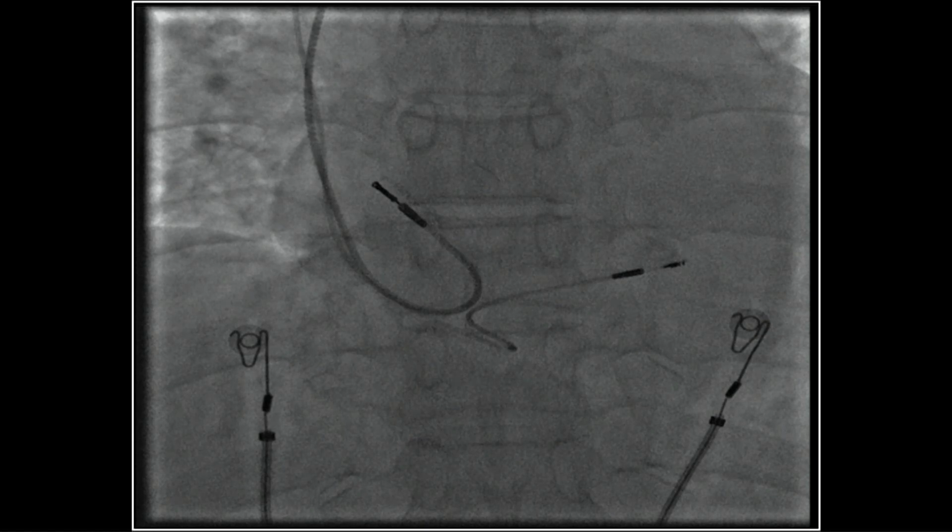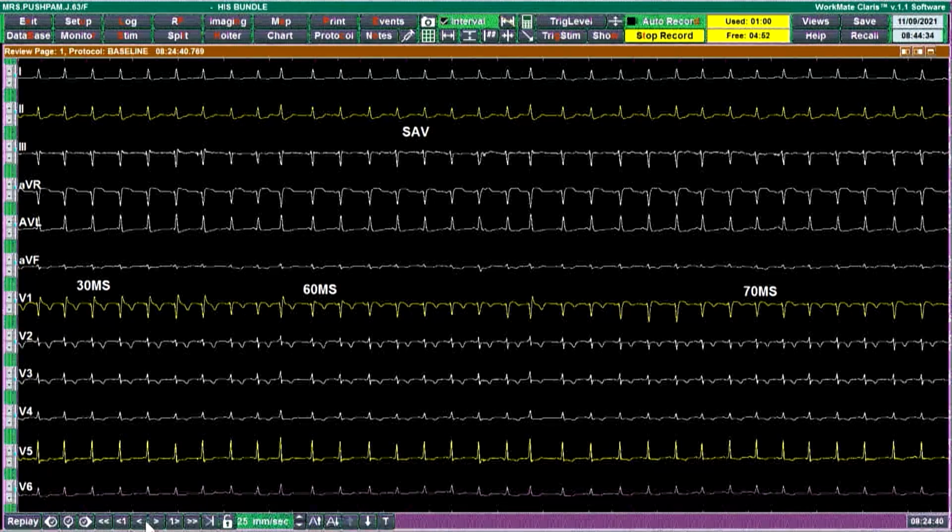Yes, sir. There are certain criteria which we have to satisfy to confirm that we have captured the left bundle. The conventional criterion is to get a QR pattern in lead V1. A QR pattern in lead V1 indicates that you are on the left side of the septum. It may occur when there is a capture of the left bundle, or even when there is a capture of the left side of the septum. So it's not the only criterion to satisfy; you have to have other additional criteria.